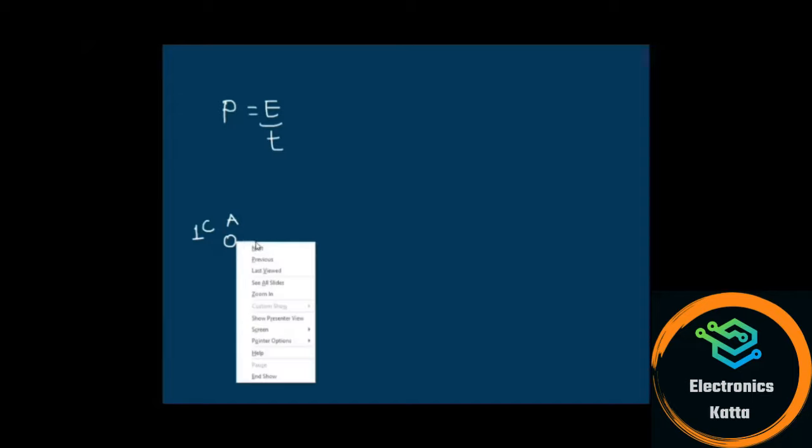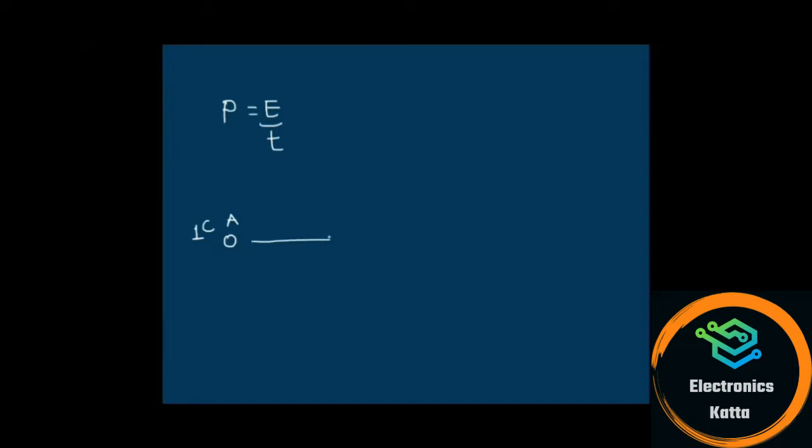Let's say we have 1 coulomb of charge at point A. We want to move this charge from point A to point B. The energy required for this task is, let's say, 5 joules, and the time required for this task is, let's say, 5 seconds. So by the definition of power, P is the rate at which energy is consumed,